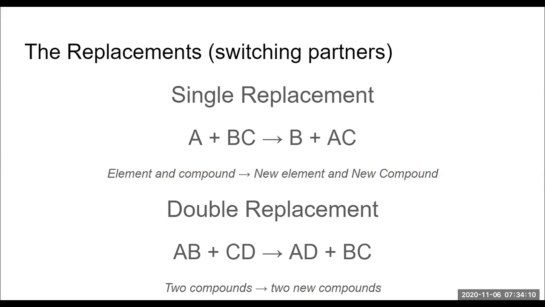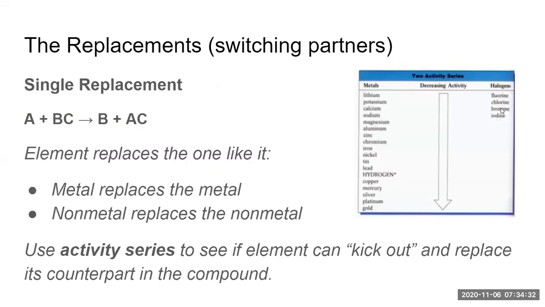And it's important to remember that when it comes to ionic compounds, two positives won't come together and two negatives won't come together because they repel. So the new combination has to involve a metal and a nonmetal component, and then the metal and the nonmetal component that are left over. So if we move on to the next slides here, it's going to give you a little bit more information